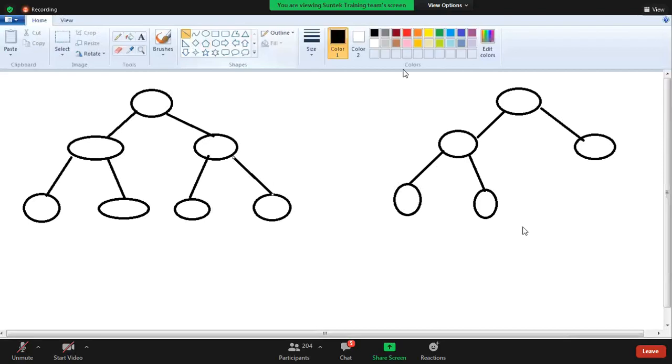This is also a full binary tree. Except the last level, it contains all elements. It is full except the last element, full binary tree.